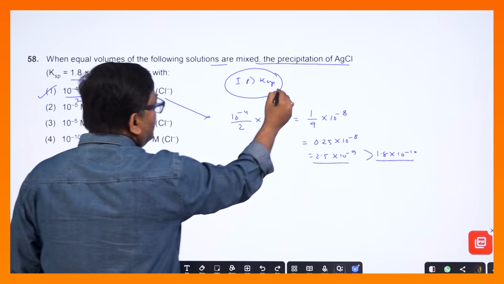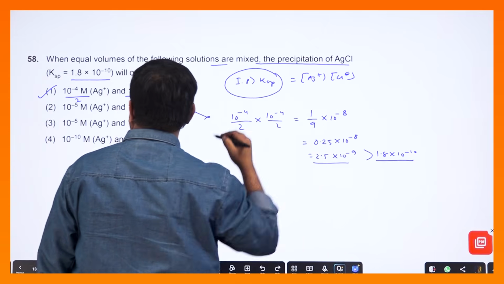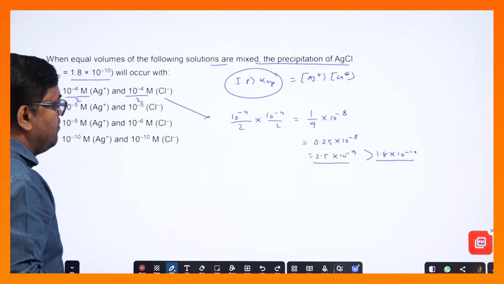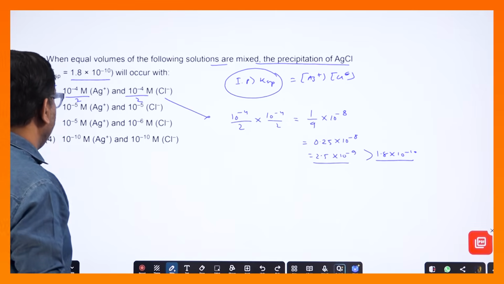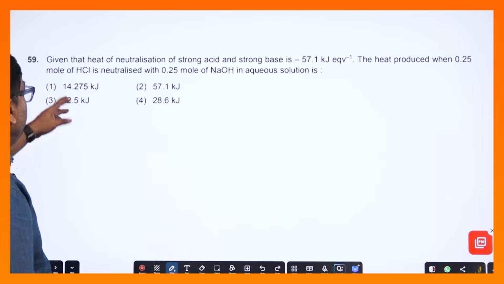আর আয়নিক প্রোডাক্ট কি হয়, Ag প্লাস এর কনসেন্ট্রেশন আর Cl মাইনাস এর কনসেন্ট্রেশন, তাহলে Ag প্লাস এর কনসেন্ট্রেশন, Cl মাইনাস এর কনসেন্ট্রেশন বসালাম। বাকিগুলো পরে দেখো হবে না, কারণ দেখেই বোঝা যাচ্ছে এটা 2.5 টু 11 হয়ে যাবে, একটাও মিলবে না, অ্যান্সারটা হবে এখানে এটা অ্যান্সার হবে। নেক্সট কোশ্চেনে যাচ্ছি।